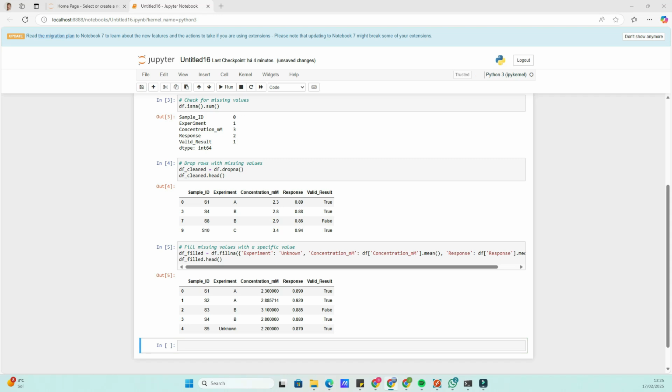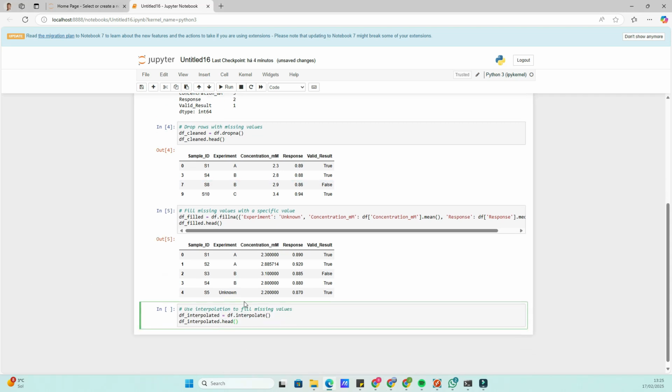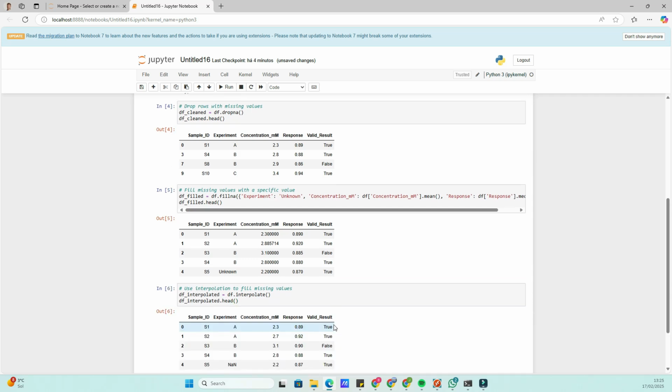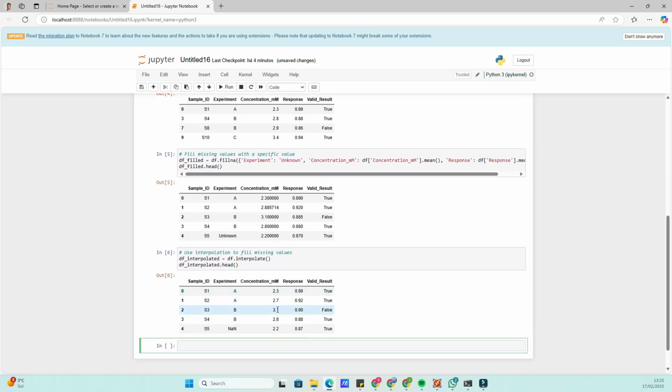Let's visualize missing data using a heat map. Bright areas indicate missing values. This helps us understand where data gaps exist. And that's it. We explored why missing data occurs, how to detect it, different ways to handle it, and how